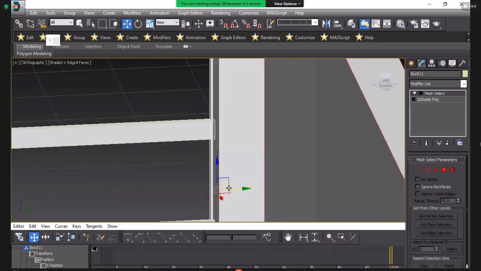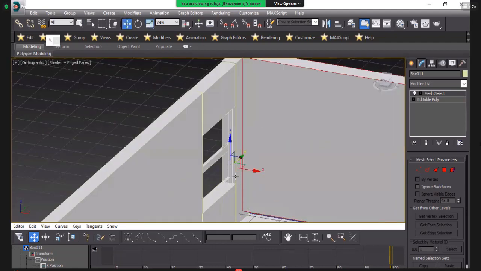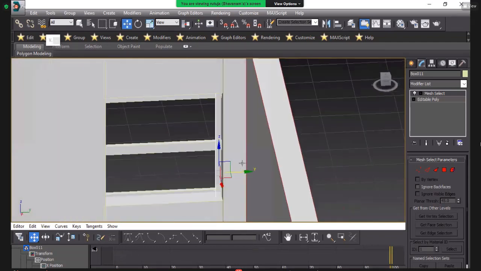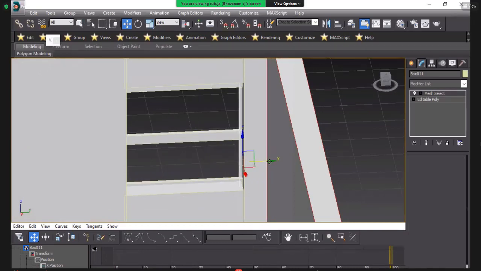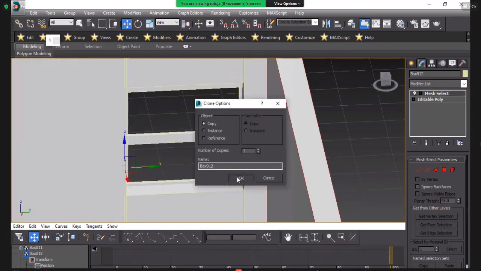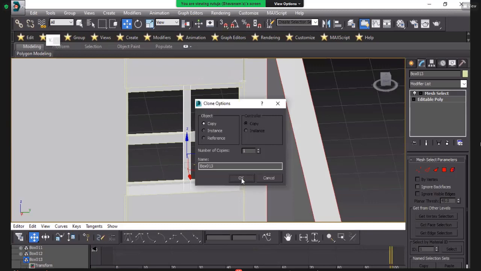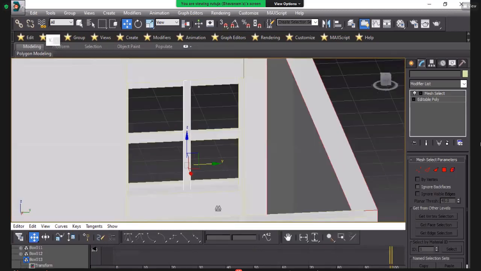I will place it here, and again reduce the thickness. Select, shift, and drag. Also select, shift, drag. This is the method for how you can draw your window.